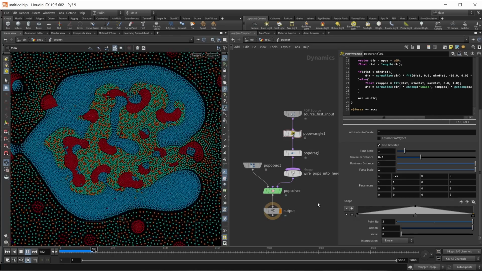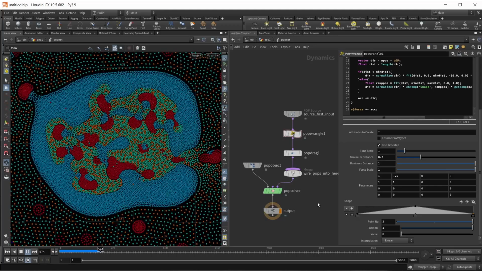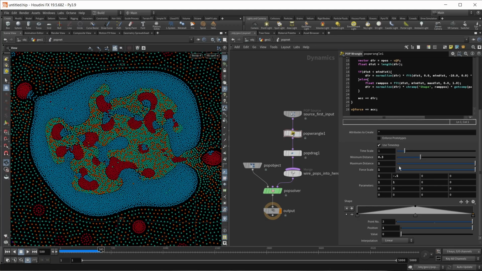And as we can see, we get quite an interesting behavior in this simulation in the end. And you can play around with all of these values as long as you want and get different and interesting behaviors. And also in the scene files, you will find one setup that uses a bit of Houdini tops, a bit of PDG to randomly fill out these fields, so you can quickly try out different setups and see where this leads you to. But this is all I have to say for today, and until next time, it's cheers